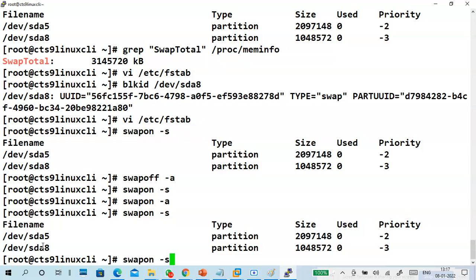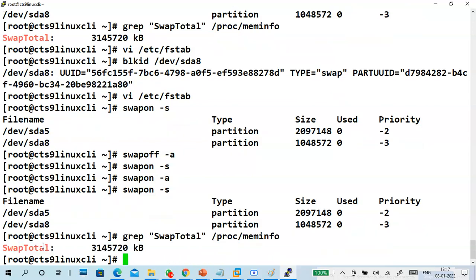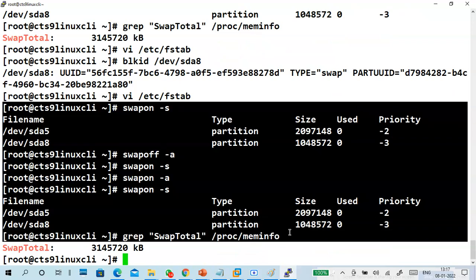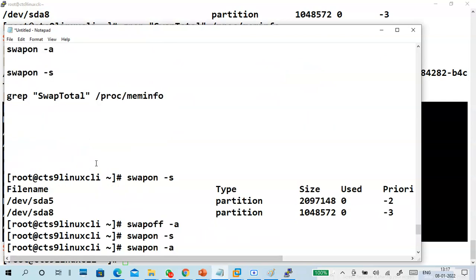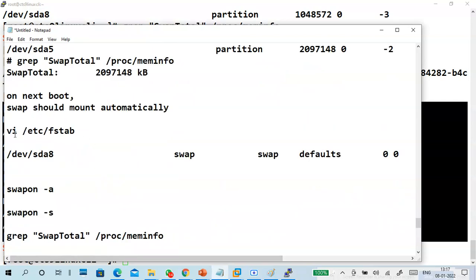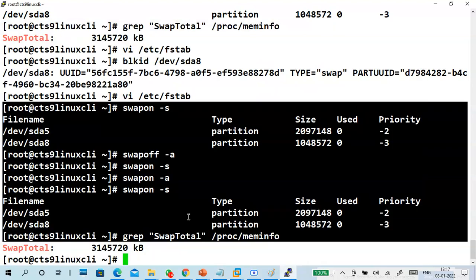Next one is specify. Try to find how much total swap is there like this. That is it. So what to do?